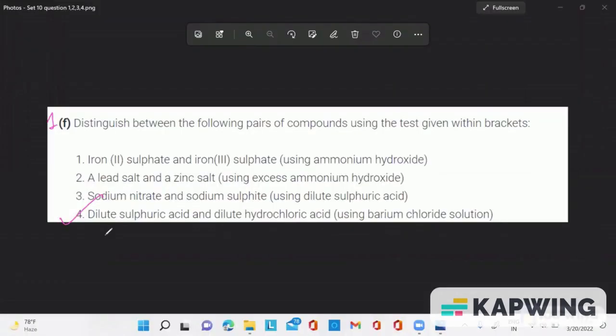Hello students, today I will discuss one more question from ICSE Class 10 2014 chemistry paper. So basically you have to distinguish between dilute sulfuric acid and dilute HCl. And the test given is we have to use barium chloride. So when dilute sulfuric acid is used with barium chloride, it will give a white insoluble precipitate of barium sulfate. So with this, we will get a white insoluble